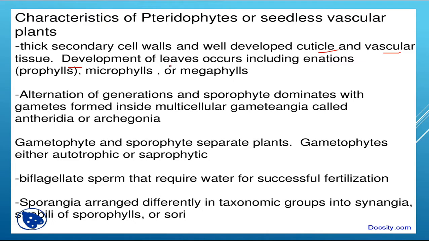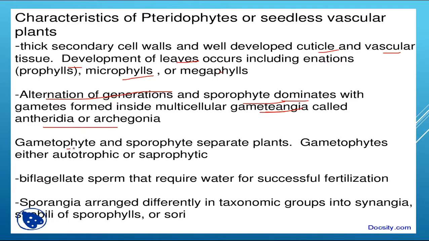The leaves are developed, and these leaves are of two types, microphyll and megaphyll, which produce two special types of sporophylls, that is microsporophyll and megasporophyll, which will bear the special types of spores also, that is microspore and megaspore. Now alternation of generation occurs between the sporophytic plant and gametophytic plant. The sporophytic plant dominates over the gametophytic plant, and the gametophytic plant will produce the antheridia and archegonia, which will ultimately give rise to antherozoids and egg.